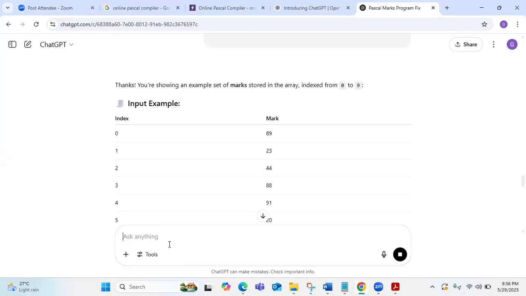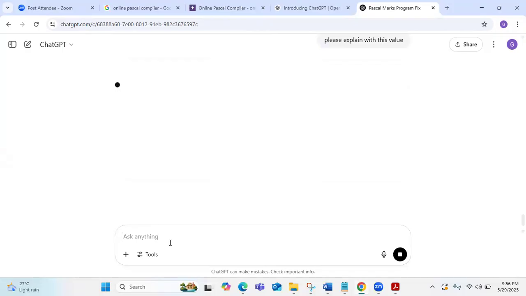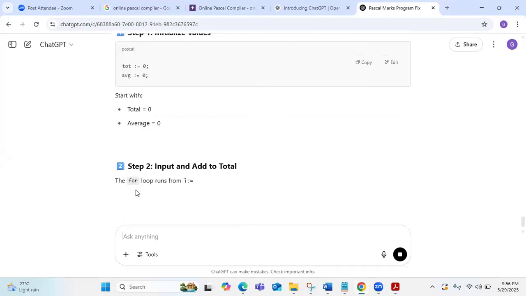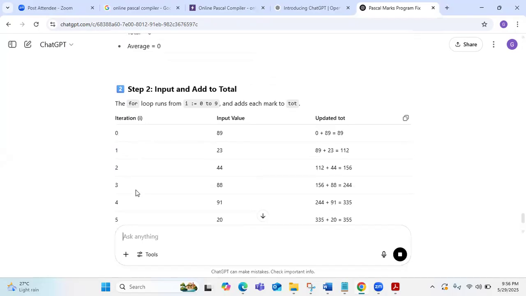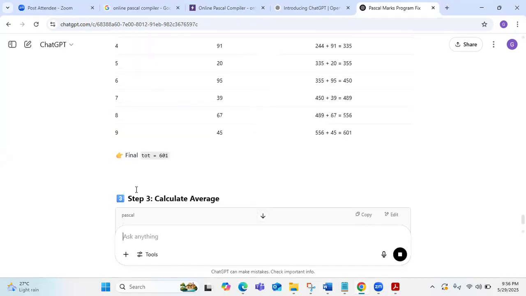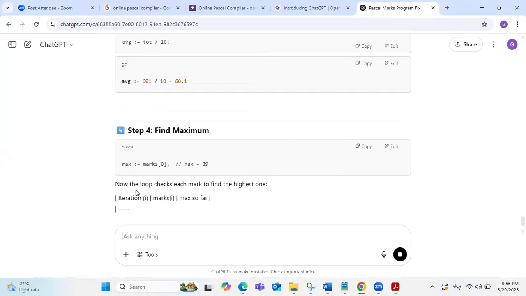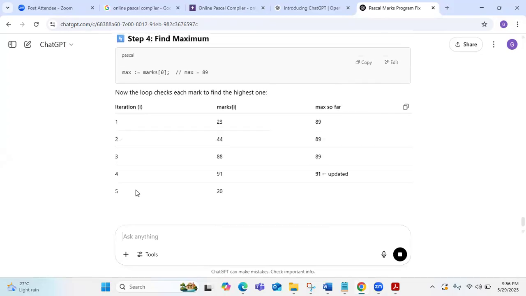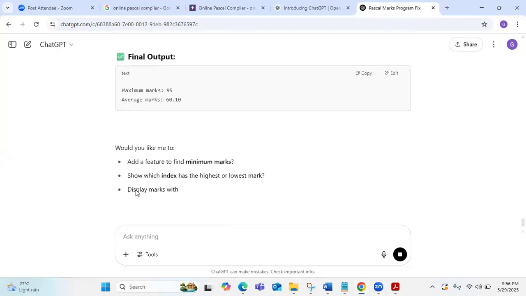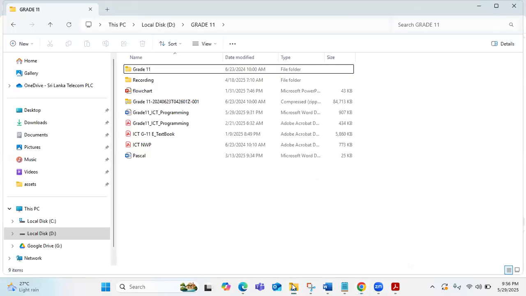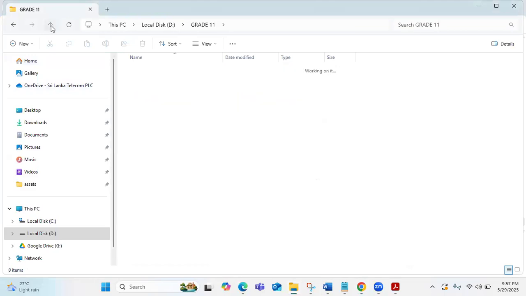Okay. Then it will take that value and explain to you. Slowly, slowly, it will explain. Okay. So these are the ways of studying this method. So anything, if you have anything, you can say for